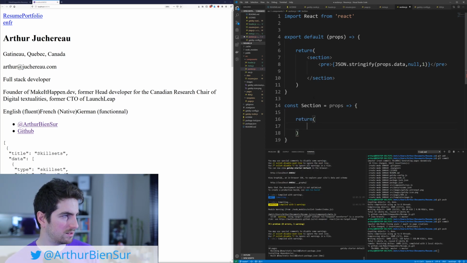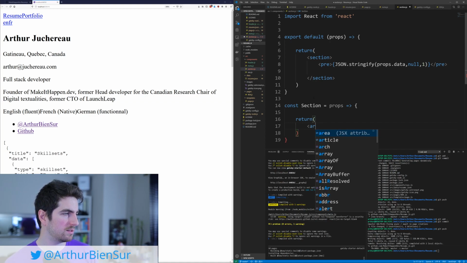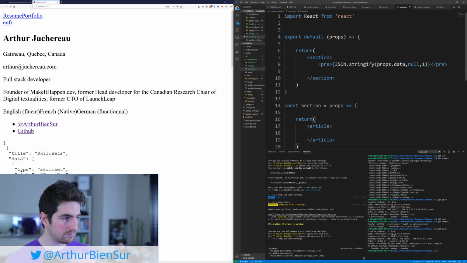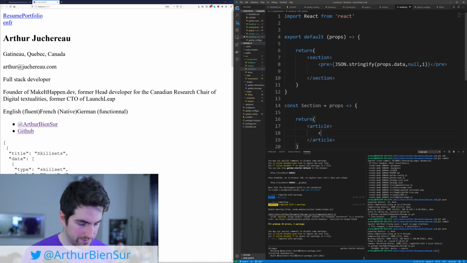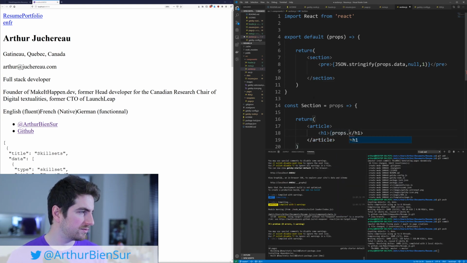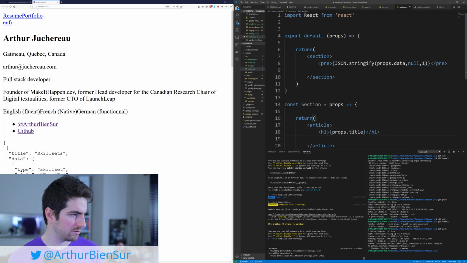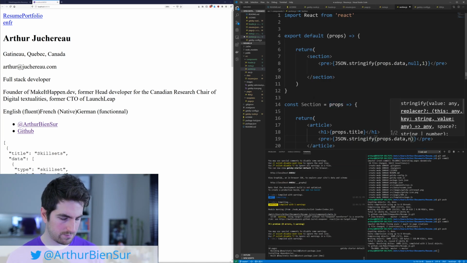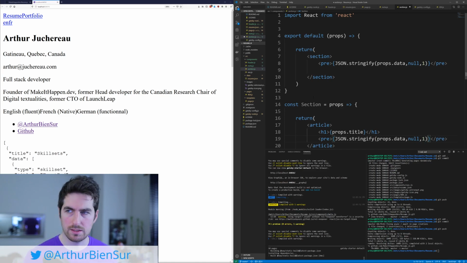Return, and we are going to return an article with h1 props.title, and then we'll do stuff here, props.data, and it will be JSON.stringify props.data, null, 1. All right,